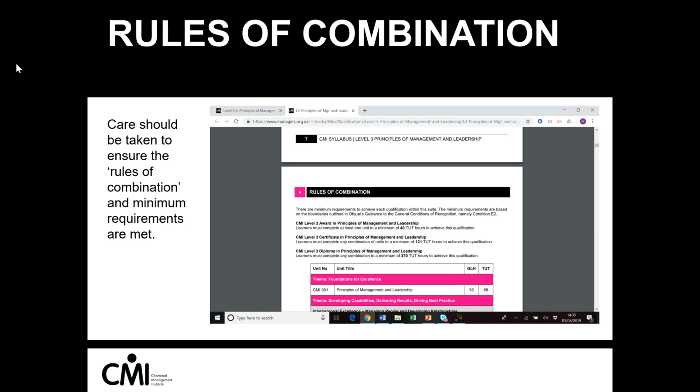It's especially important to take note of any units which may not be included within a certain size qualification. So, for example, not all units are always available in awards. And similarly, there may be units which aren't available to be taken in combination with other units. Please also make sure that the delivery pattern that you're offering allows the learners to meet the hours requirements set out in the